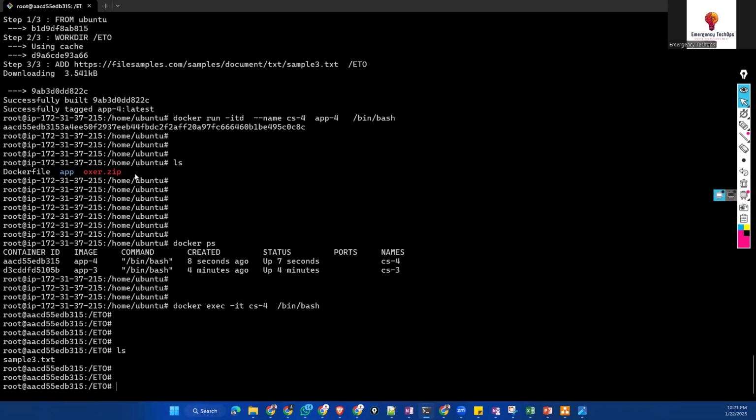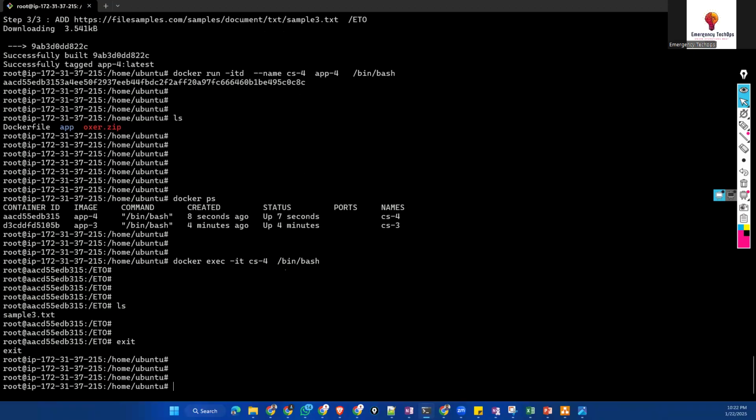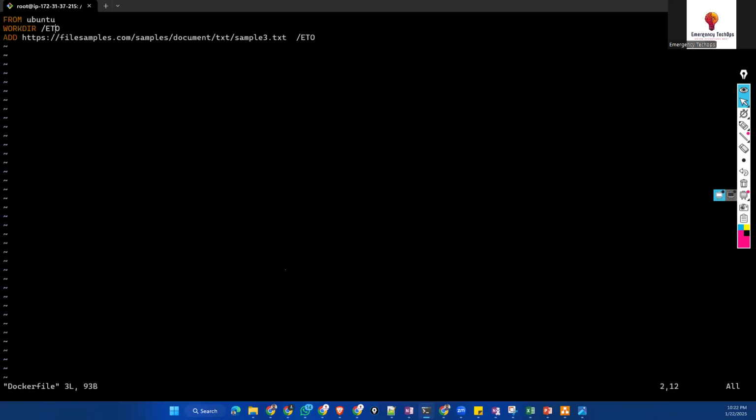If you are using a zip, that's why it is not able to extract it. So you can make use of a RUN command before to extract and keep it in your ETO folder. So this is how you can use the ADD instruction. Now we can also make use of the RUN instruction here itself. So what I'll do, vi Dockerfile, and I'll add a RUN, and I'll say curl -o,